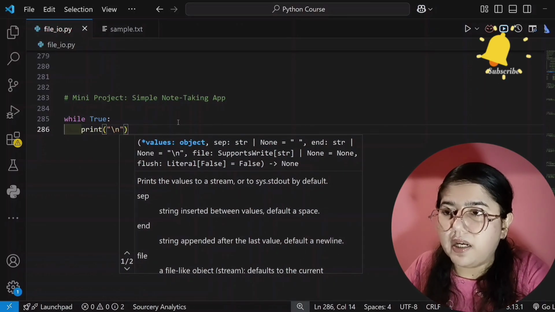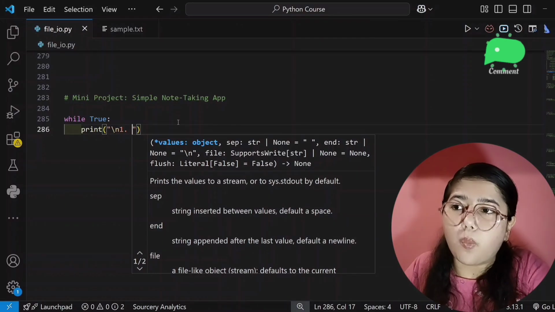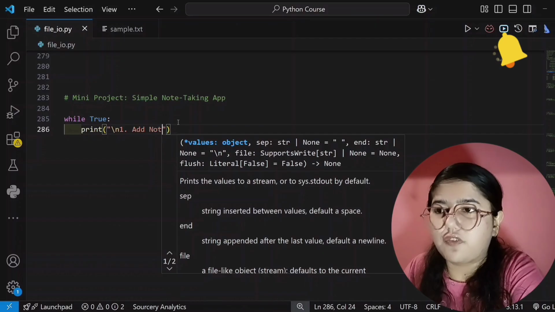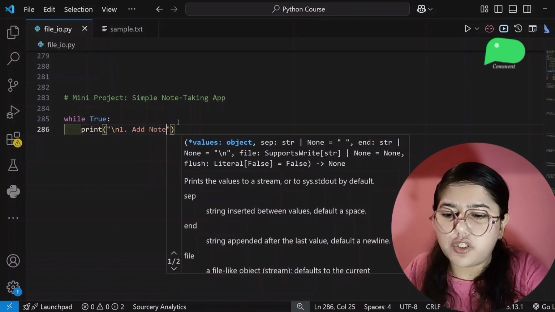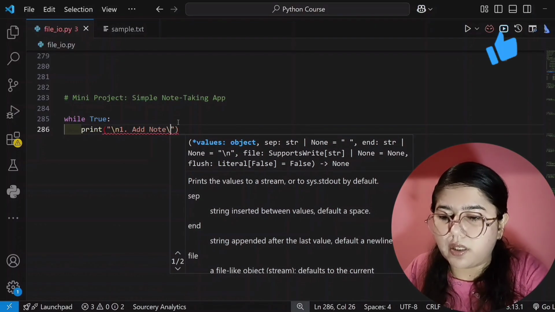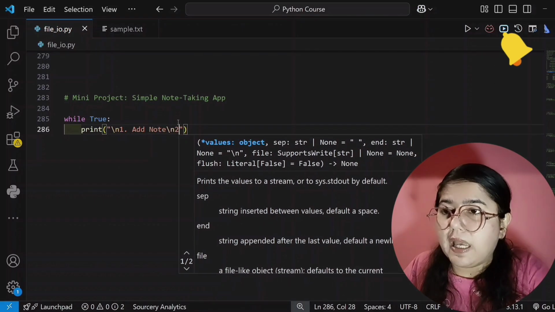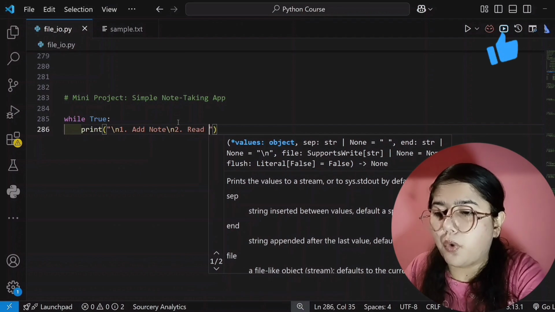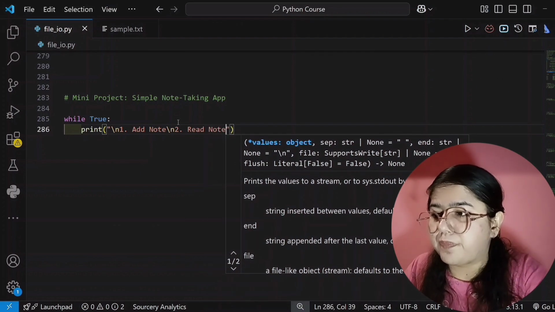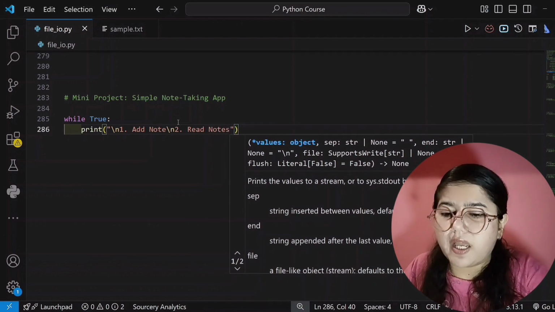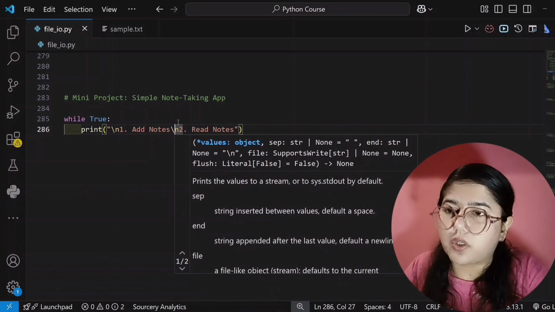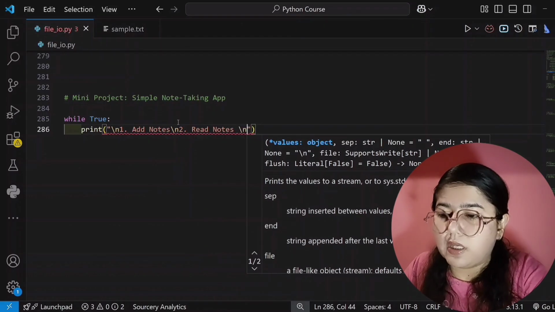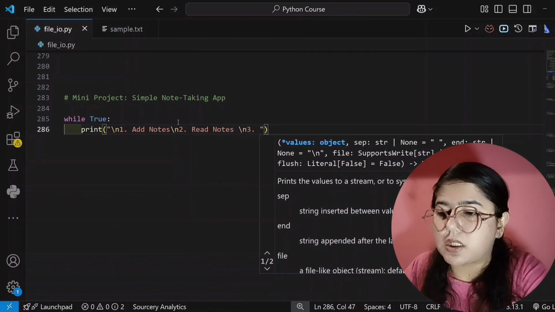If the user selects 1, then it means he or she wants to add a note. Then the next line: if the user selects 2, that means he or she wants to read notes. And if the user selects 3, then he or she wants to exit.